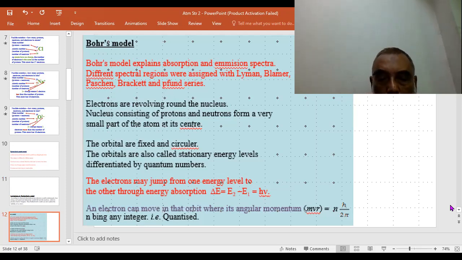He also supported the idea that electrons are moving in circular orbits around the nucleus,